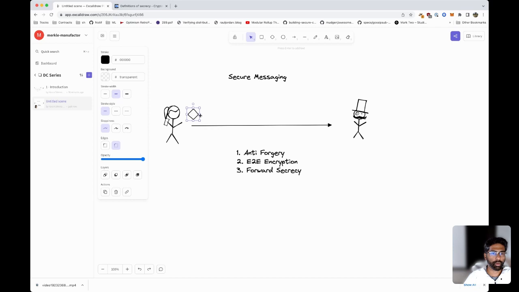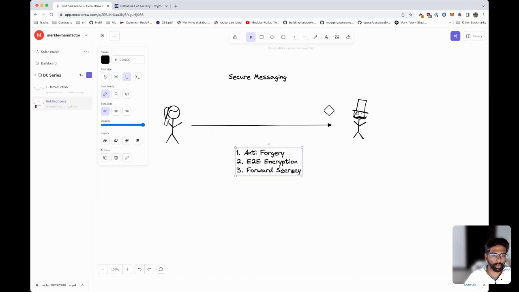So if Alice and Bob just have a single shared secret and they use that to encrypt all of their messages, and if, let's say, Bob was clumsy and leaked that secret, then an attacker who has that secret can now read all the messages that Alice and Bob ever produce in the future, which is obviously not ideal. We assume that people make mistakes over time and keys might leak, and we want to ensure that we're not using a single secret to encrypt all the messages, and that we have some durable system to ensure that if a secret is compromised, only a small portion of messages, or ideally a single message, is actually readable, and the rest of the messages continue to remain secure.